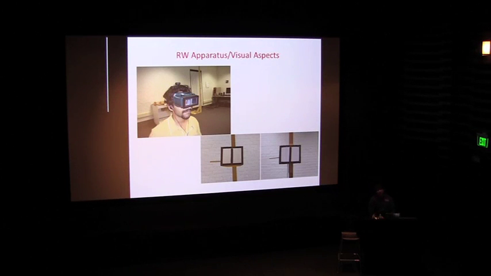In the real-world condition, we created a field of view occluder so that we matched the field of view of the head-mounted display condition. So the horizontal field of view was measured to be 50 degrees. The vertical field of view was measured to be 38 degrees for this VR 1280 head-mounted display. And that's what we used to create the field of view occluder. And we also made sure that in terms of realism, the virtual environment with the virtual apparatus resembled in every possible way, as close as possible, the real-world apparatus.